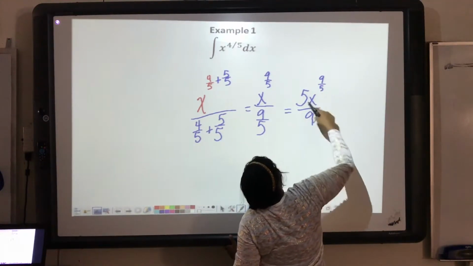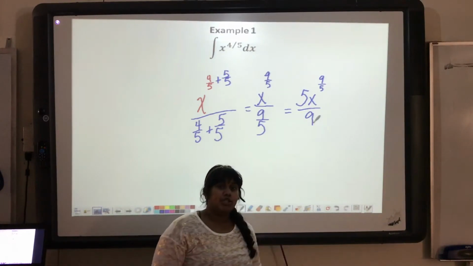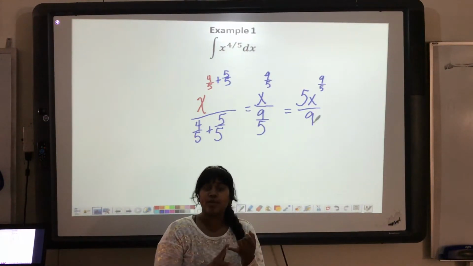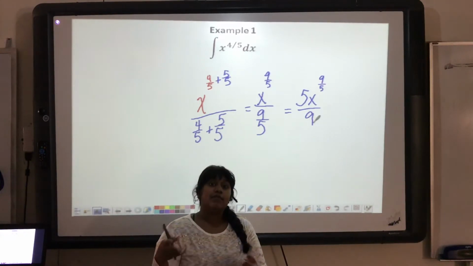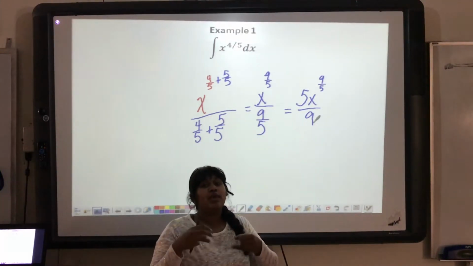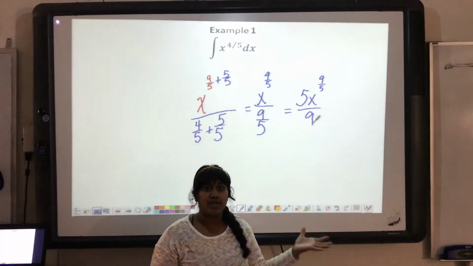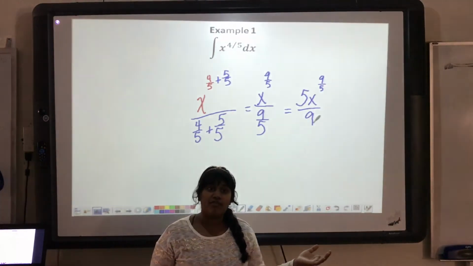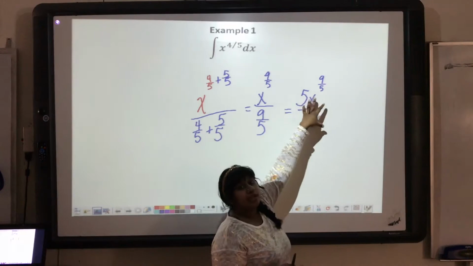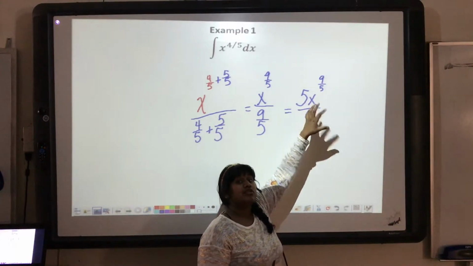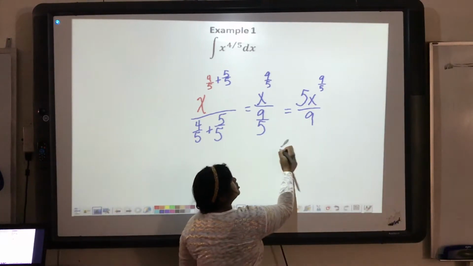I want to do something about this variable because I don't want to see an exponent in fraction form, and I don't want to see an exponent with a negative, simply because, as I said, if you're plugging in values, you want to make it easier for yourself to see. You want to be able to see that it's just saying the square root of 9 instead of seeing 9 to the 1/2 and having a small brain fart. So that's why I ask you guys to practice changing it over, because in the future we may be plugging in values. So this actually becomes